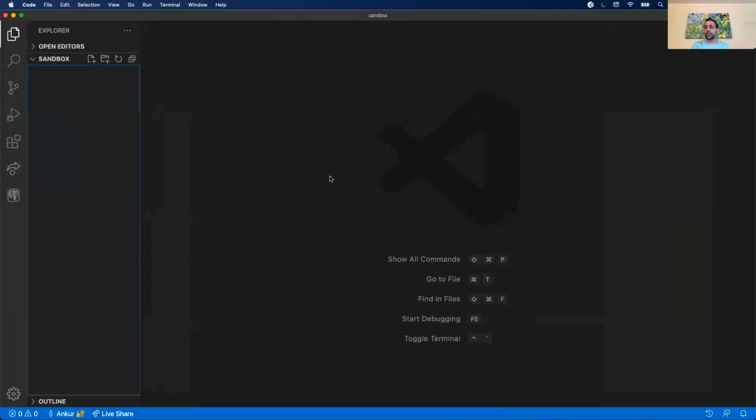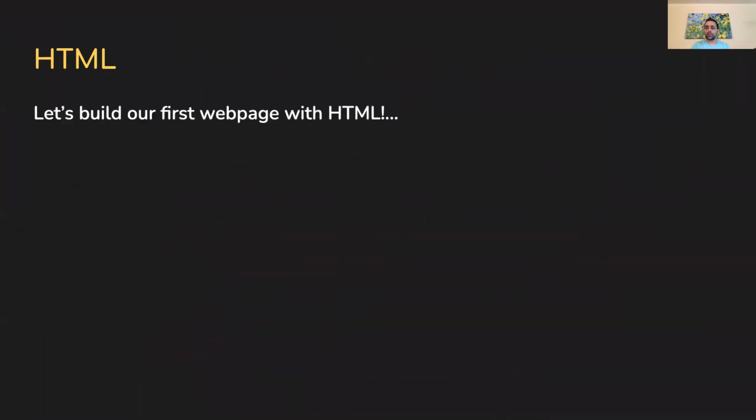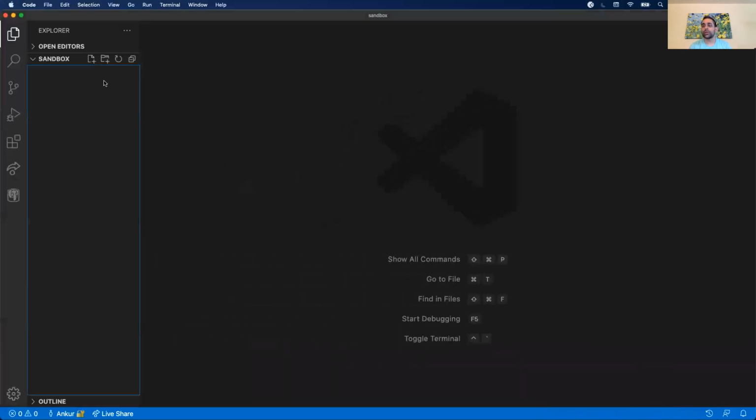Okay, but let's actually get to our first web page, because talking about HTML and actually using HTML are definitely different. This is a time I would encourage you guys, if you want to code along, to create a web page as we create it. So I'm going to go to my VS Code. I'm going to create a new file. This file, I'm going to call